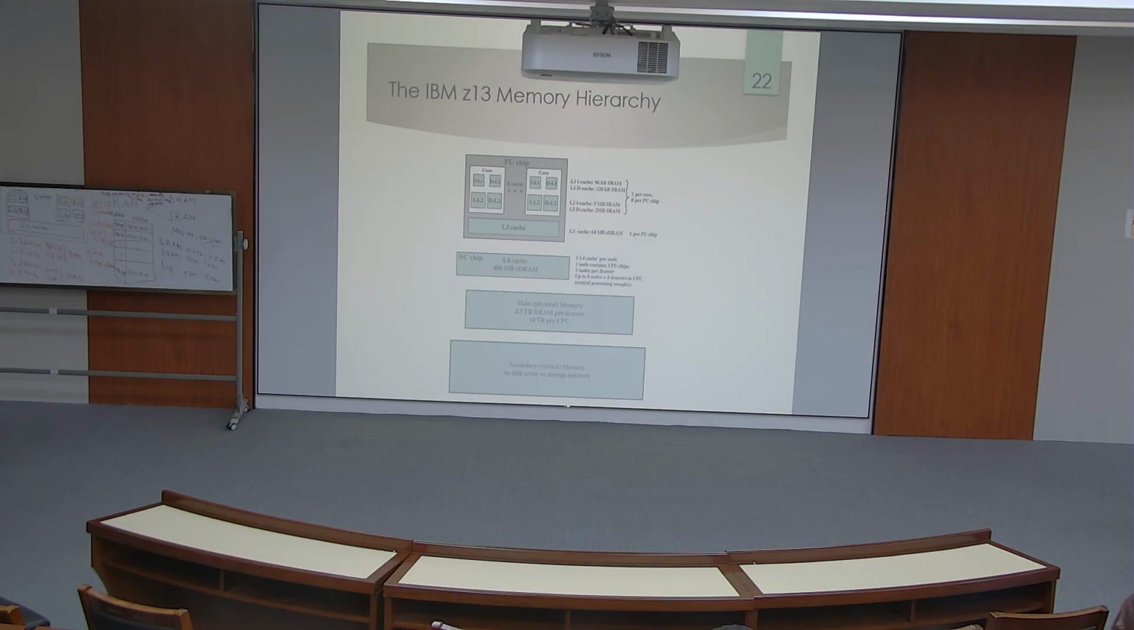After that, we have a secondary storage memory. This can be a virtual memory, and it can be on a disk array or storage network. So this is an example of a memory hierarchy. It is the IBM z13. Make sure you understand more about this memory hierarchy, and specifically for this example,